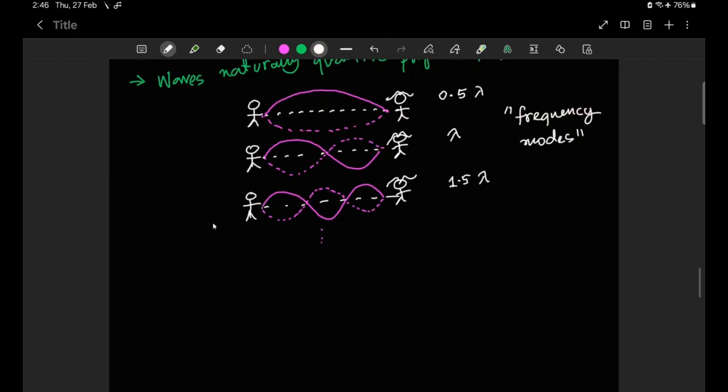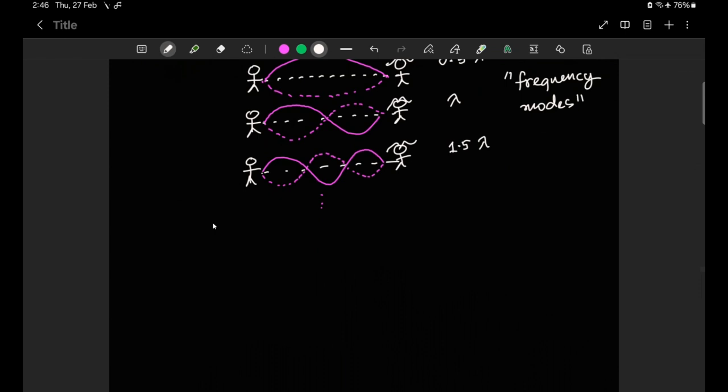So this is a very basic idea of quantization. So you can have specific numbers, and the numbers cannot be anything in between. Okay. So this is a quantized set of modes or quantized set of frequencies. So for example, you can never have a wave that looks like, so you have one full wave and then just that. Your friend stays there, you stay here, and you can never have this kind of a wave. This is not going to be true.